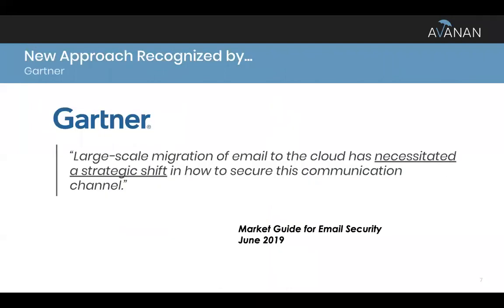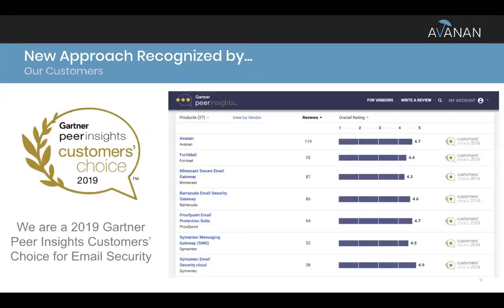Now, this new approach that we came to market with in 2015, when we came to the market, people thought, well, why are you reinventing email? It's already been invented. It's been there, done that. Proofpoint, Mimecast have already got a solution in place. At the time we said, no, absolutely not, because it requires a new approach. Gartner is now recognizing that, hey, look, email in the cloud does require a different approach. We've been doing this longer than anyone else when it comes to securing cloud-based email. It says validated by Gartner, and in fact, it's validated by Gartner's customers as well.